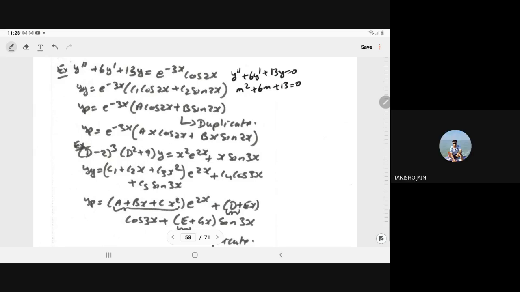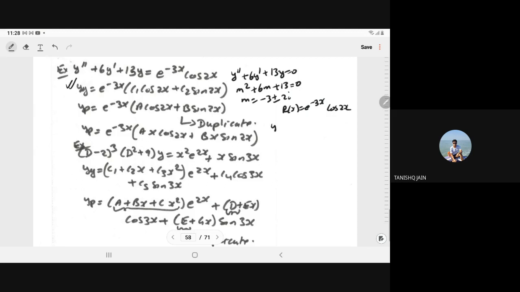So from here you will get m equal to minus 3 plus minus 2i. Clear? So the complementary function or general solution will be e to power minus 3x (c1 cos 2x plus c2 sin 2x). Now if we have R(x) equal to e to power minus 3x cos 2x,